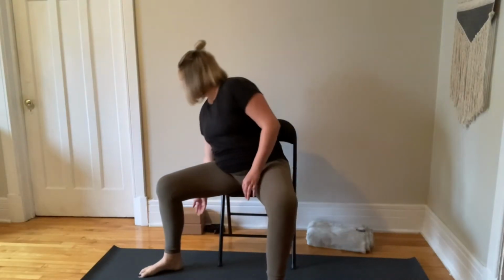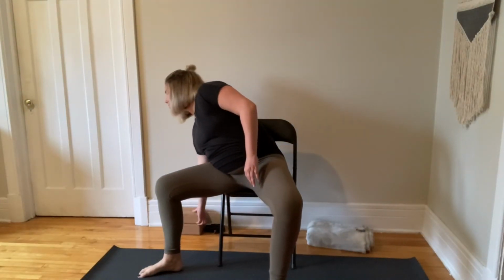You can wiggle the fingers and wiggle the toes, float open the eyes if they're closed, and we'll come to our second posture, thread the needle pose, for the upper body and the lower body. Let's start with our lower body. You'll need a yoga block, just one,